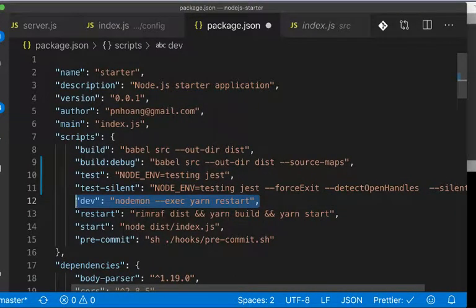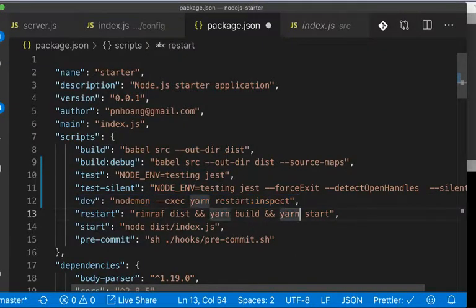And for dev, I'm going to add a new command, yarn restart. So I would like to have an inspect that will do inspection,